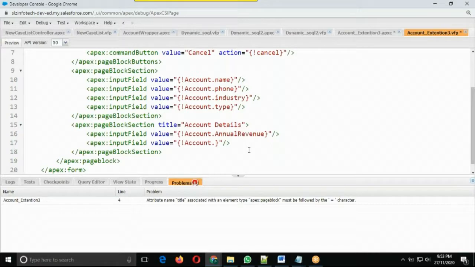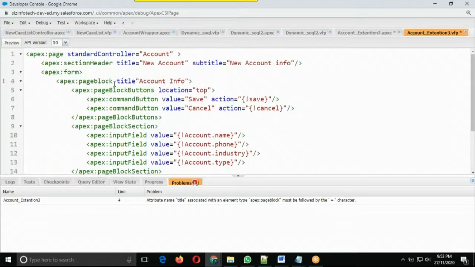Input account name, and one between industry type, ownership. This is the standard account field for the page below.